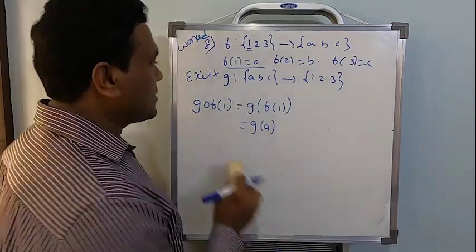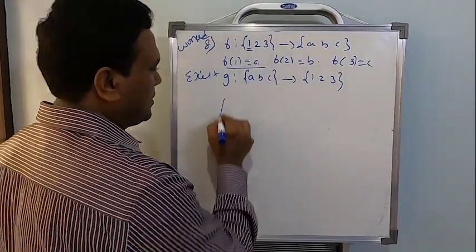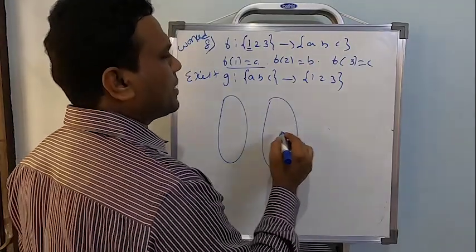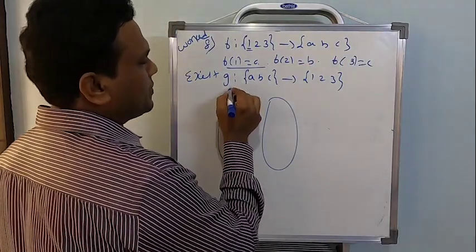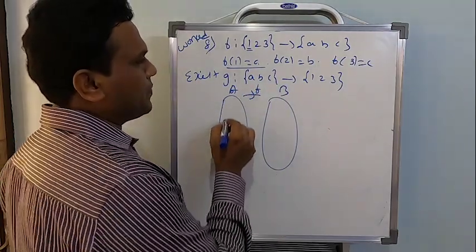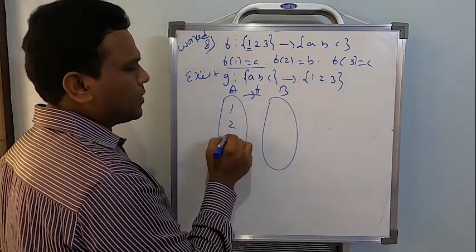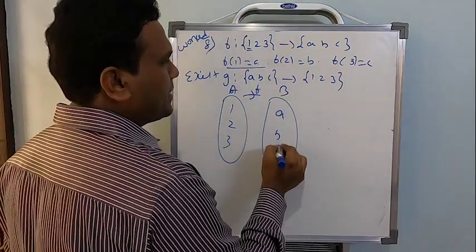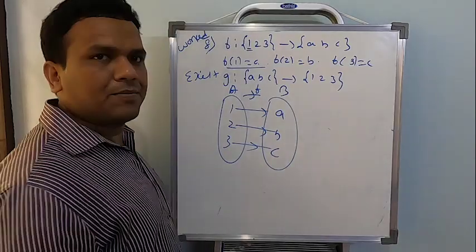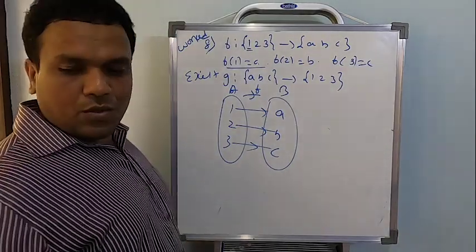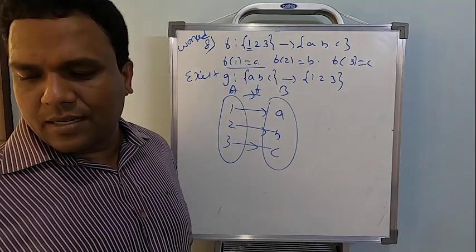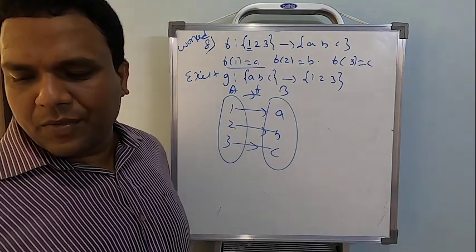Fine. Now if I just go like this, it will take a lot of time. It's better if I explain the same problem with an arrow diagram. g of f is actually easy for me using the arrow diagram concept. So this will be a and this will be b. This is the function f. Now take this as 1, 2, 3 and this as a, b, c. So 1 is related to a, 2 is related to b, 3 is related to c. So we have to find g of f, which will be equal to Ix, and f of g will be equal to Iy.